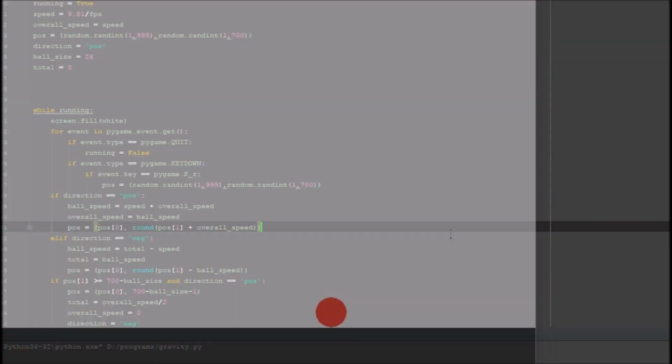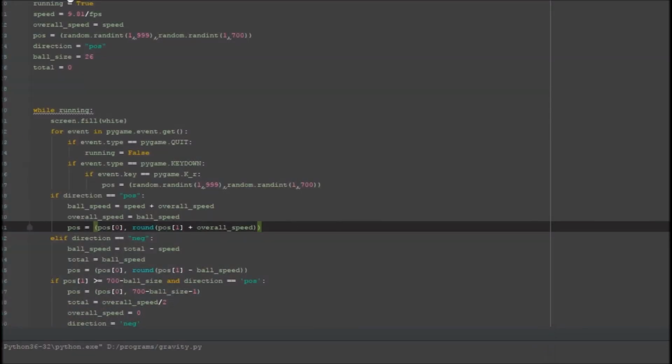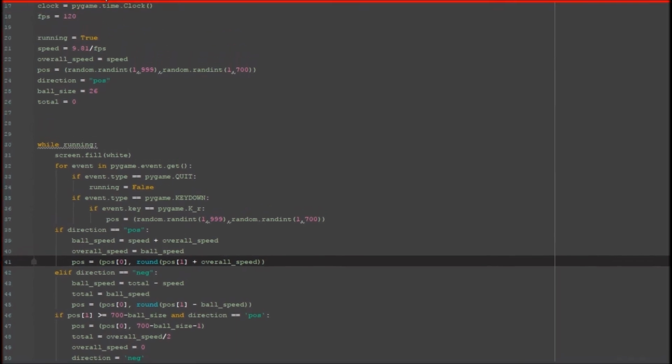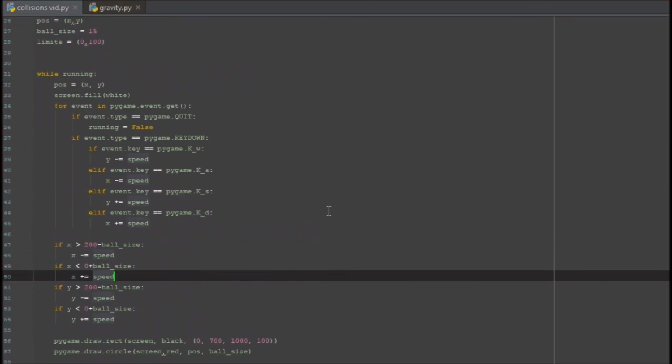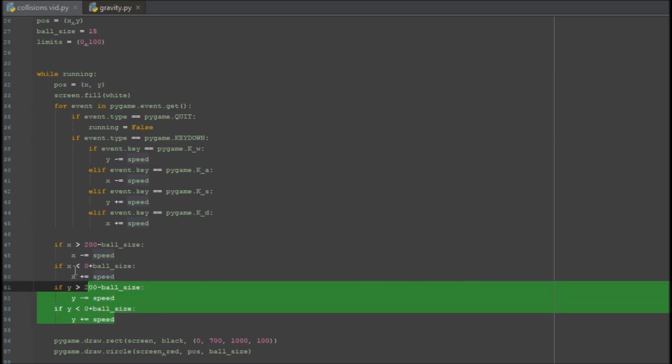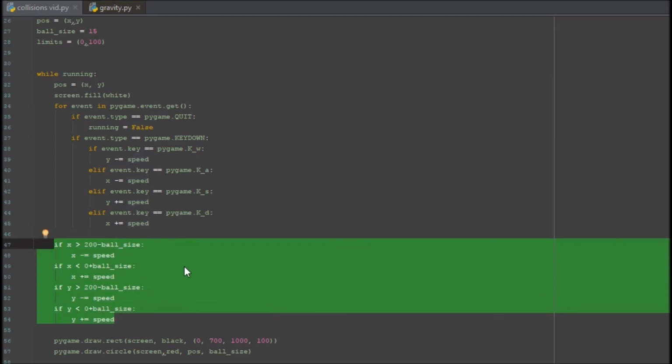But yeah, that's pretty much it for programming in collisions. I'm not sure what else there is really to cover in regards to this, but yeah, thanks for watching